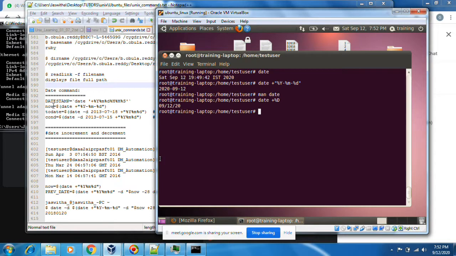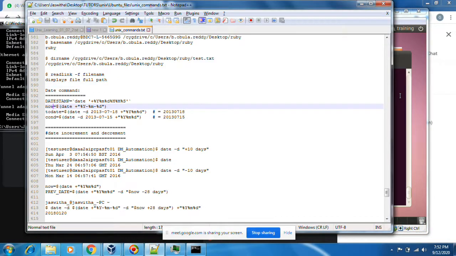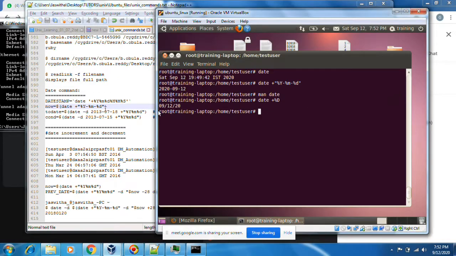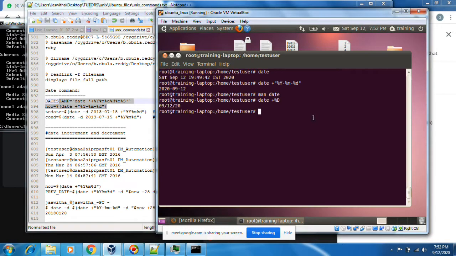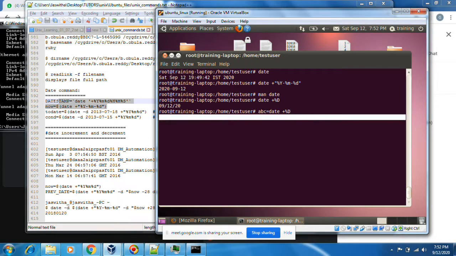Now, I want to store the current year, month, day in some variable. That is also fine. You can write ABC equal to `date +%d`. You can store it in backquotes.